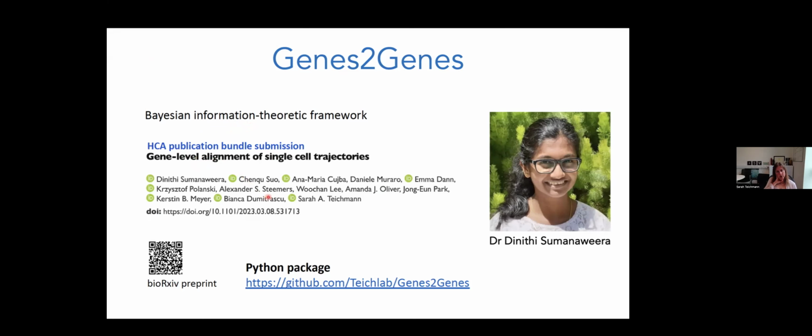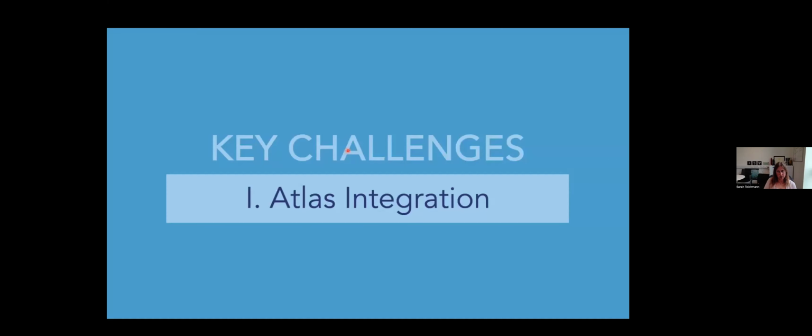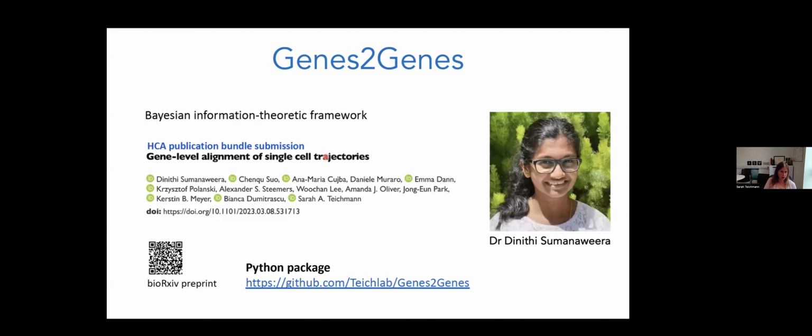It's a collaboration with Bianca Dumitrescu and others, and it was driven by a really talented computer scientist in the group who's a Schmidt Accelerate Fellow, Dinithi Sumanawera. The Python package is on GitHub, and this is part of the Human Cells publication bundle that will come out in the autumn, and is in press at Nature Methods. So I encourage you to take a look at that if it could be useful to you for any trajectory comparison in terms of linear cellular trajectories. We're now thinking about developing this further into a more general framework.